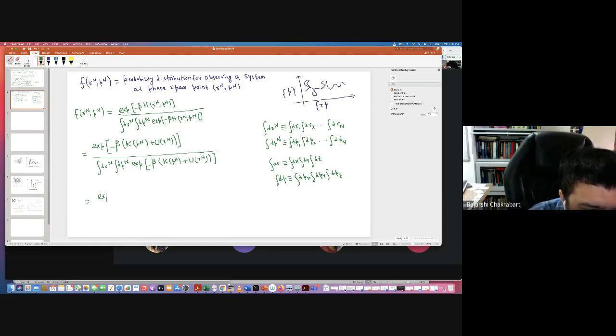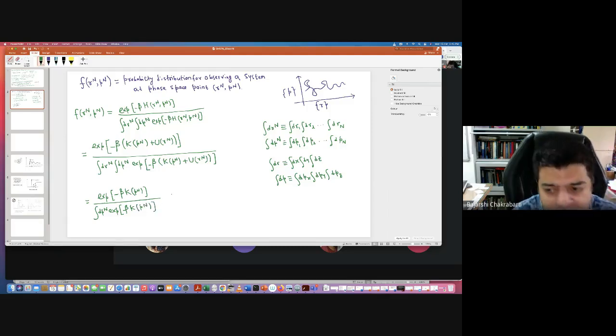I can have exponential of minus beta, divided by, because these integrals are independent, no? Just look at the structure of the Hamiltonian. Because kinetic energy depends only on the momentum coordinates, isn't it? Momentum coordinates into,